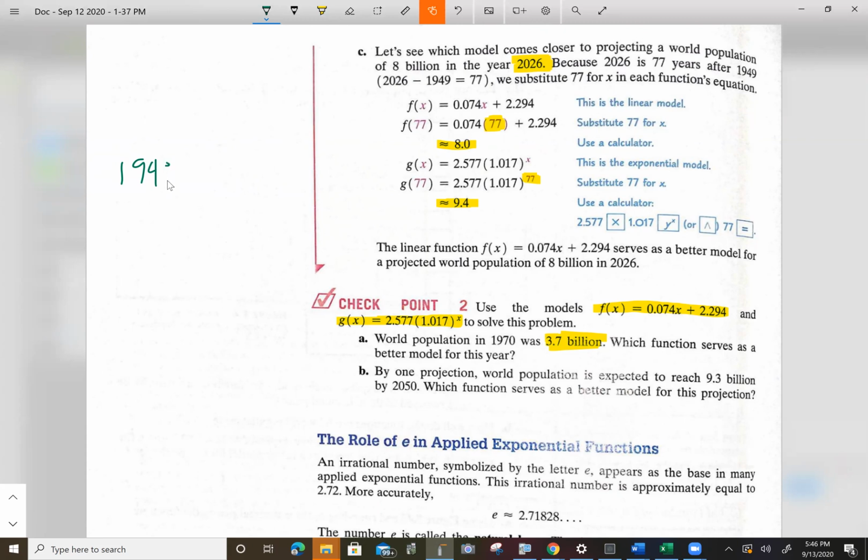So how many years after 1949 is 1970? Go ahead and subtract that. You should get 21. So you are going to input 21 into both equations